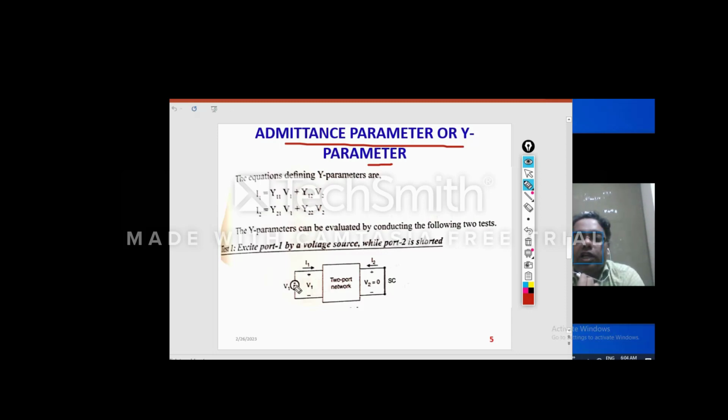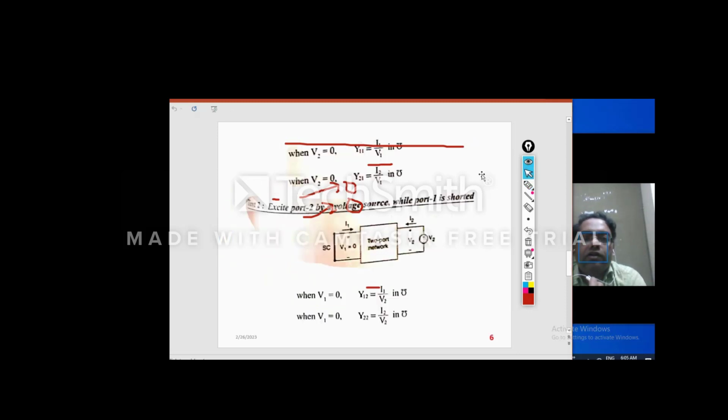Here you see, input port we are giving voltage source and output port we are doing short circuit. Since output port is short circuited, V2 is 0. So Y11 can be written as I1 divided by V1 and Y21 can be written as I2 divided by V1. That is how it is defined.